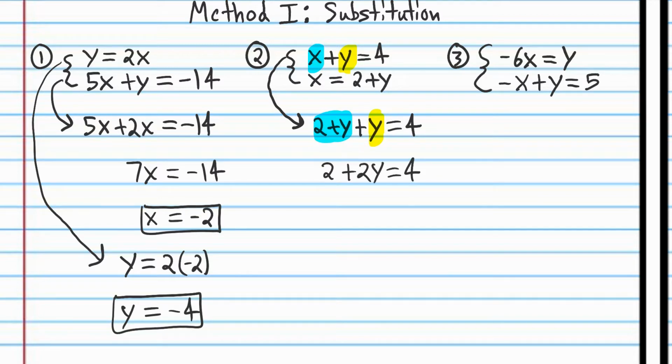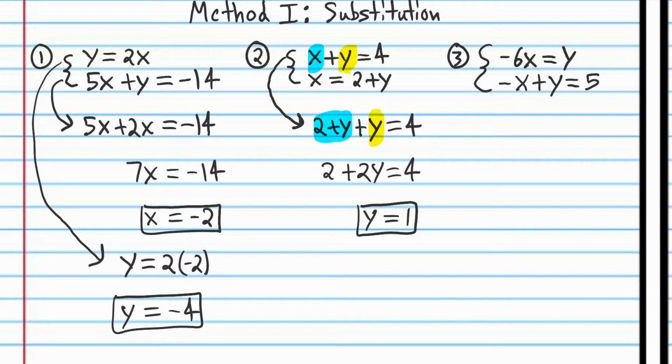Subtract 2 from both sides. Well, this is just a two-step equation. So I'm going to just do both steps in my head. And we end up with 1. Y is equal to 1. Subtract 2 from both sides. You get 2y equals 2. Then divide both sides by 2. You get 1. All right, so then we're going to take